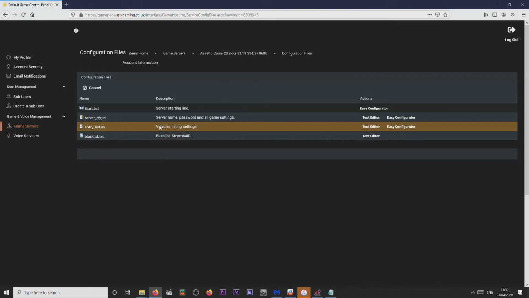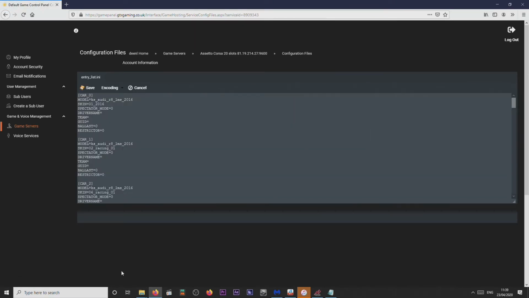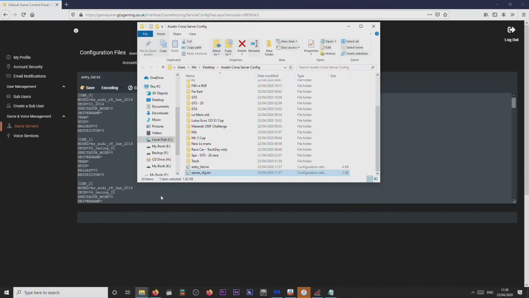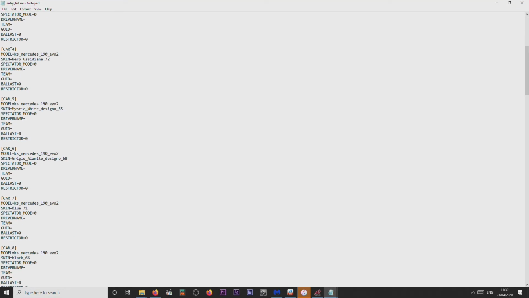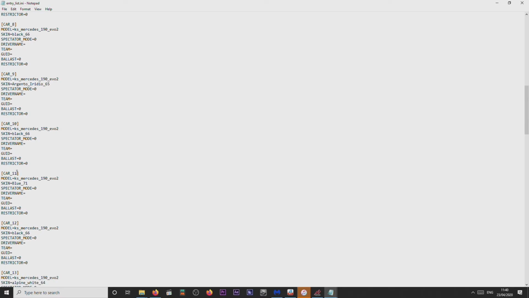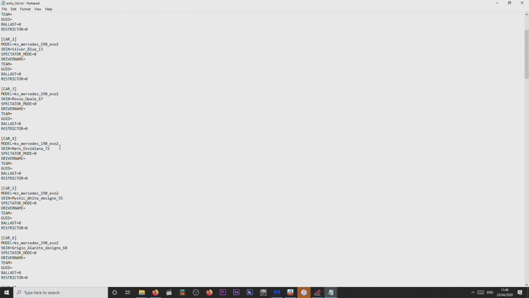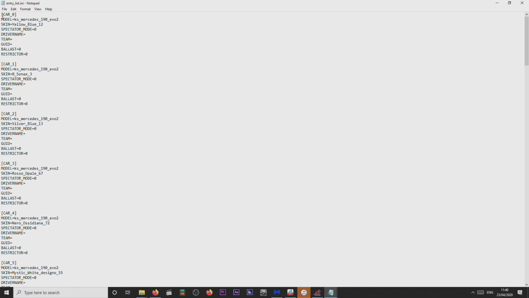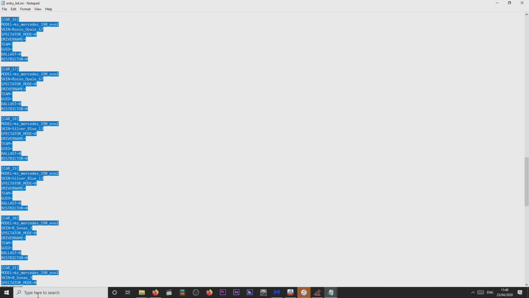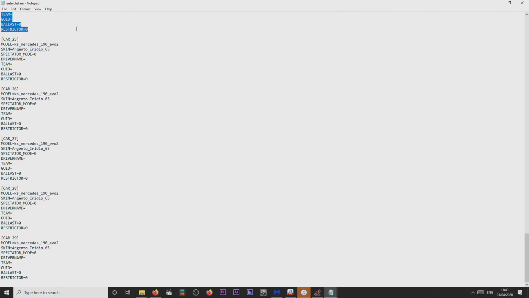Now for the entry list, if you go backwards, it is the liveries that you use, the type of models that you use. As you see, car 10, 11, 12, 14, 15. All those liveries that we picked have been registered as the model, as the car to pick. So just copy all of it. Go all the way down. You can copy out to 29. As you can see,